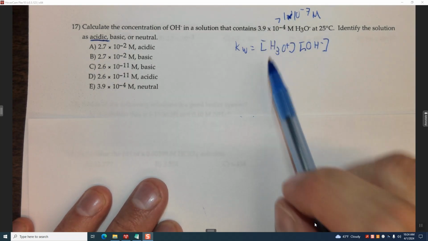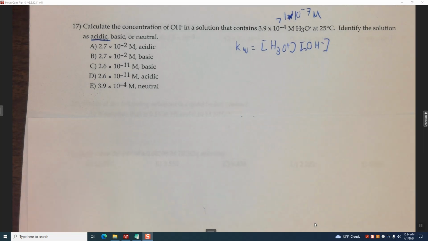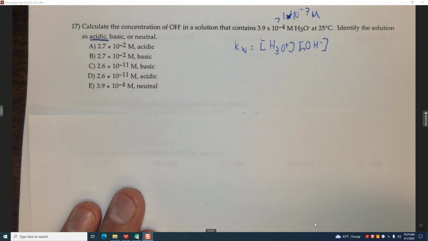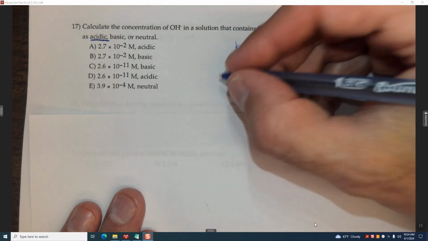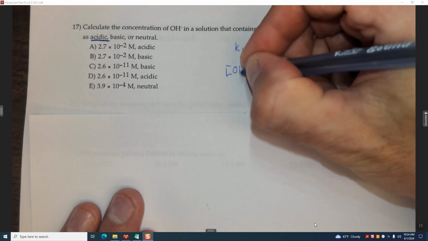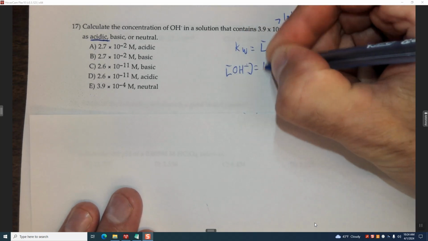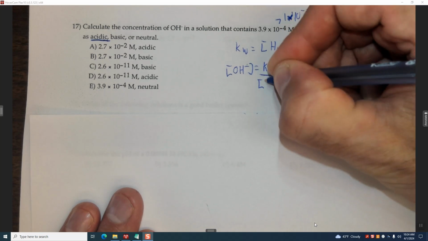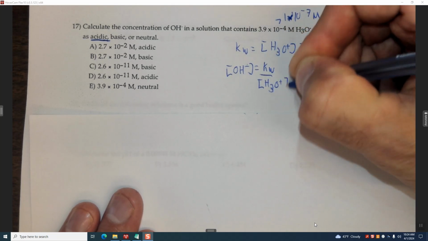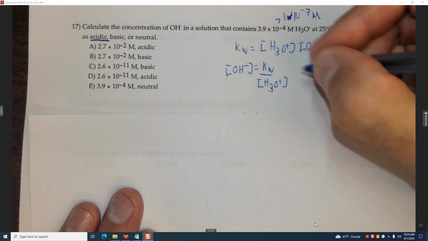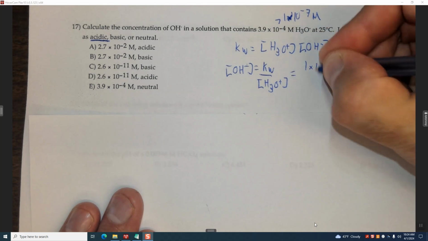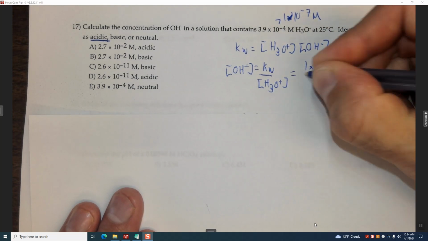If you divide the one that you have into 1 times 10 to the minus 14, you'll get the other one. In this case, we have the H3O+ concentration, and we want the OH- concentration, so the concentration of OH- equals Kw divided by H3O+, but it works the other way as well. The H3O+ equals Kw divided by OH-, so it's 1 times 10 to the minus 14 divided by